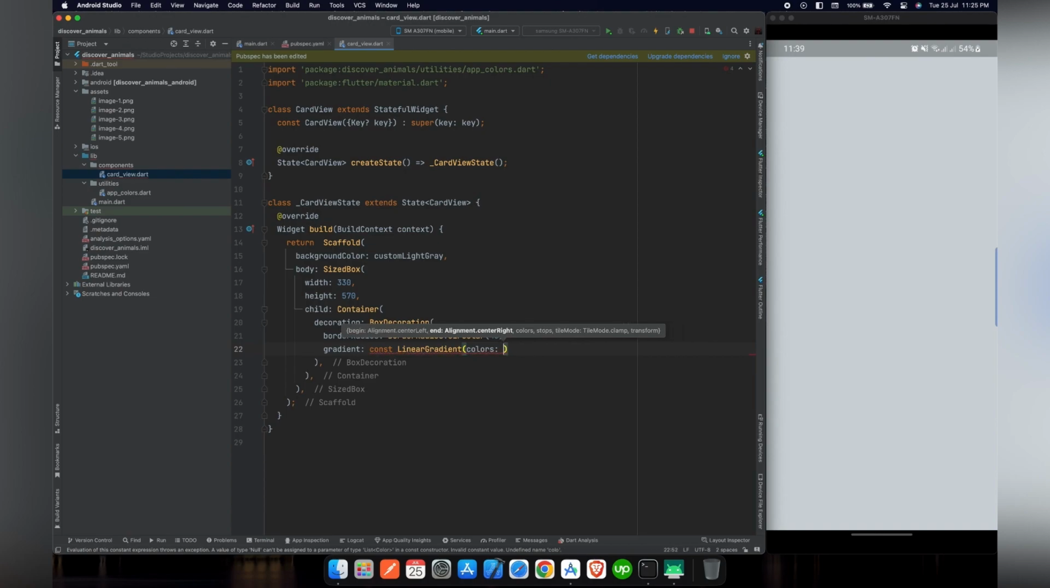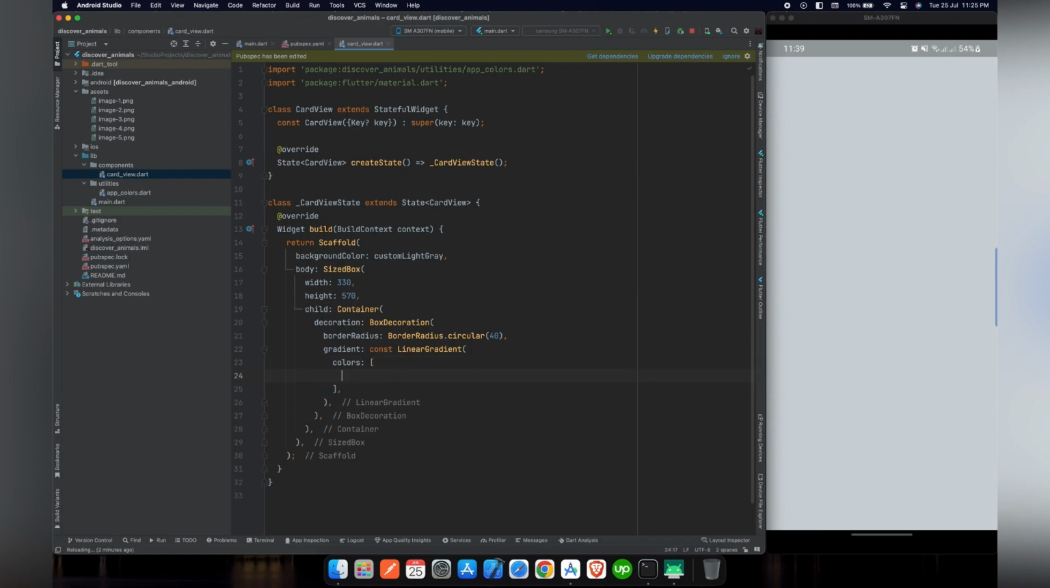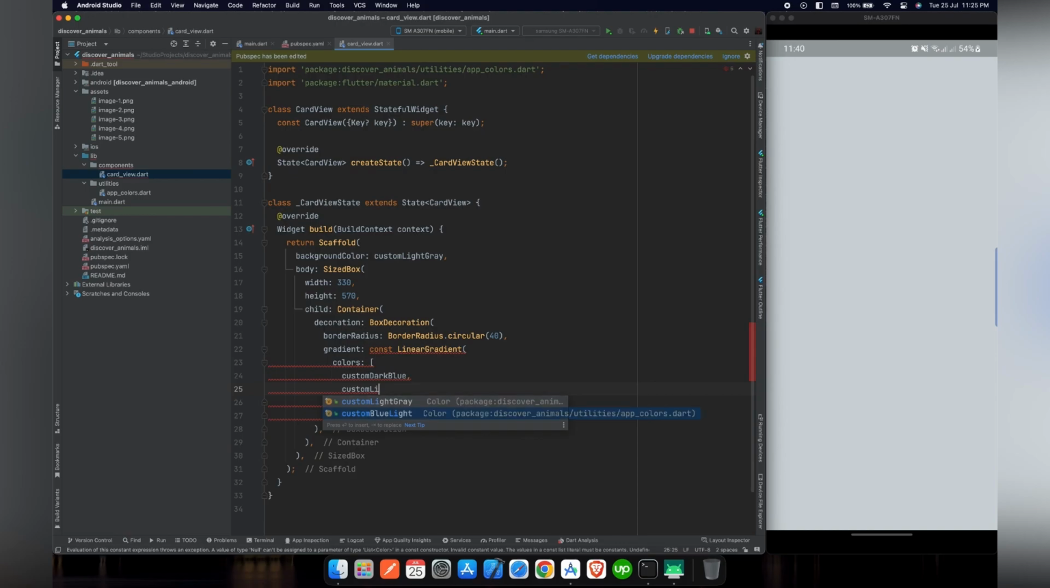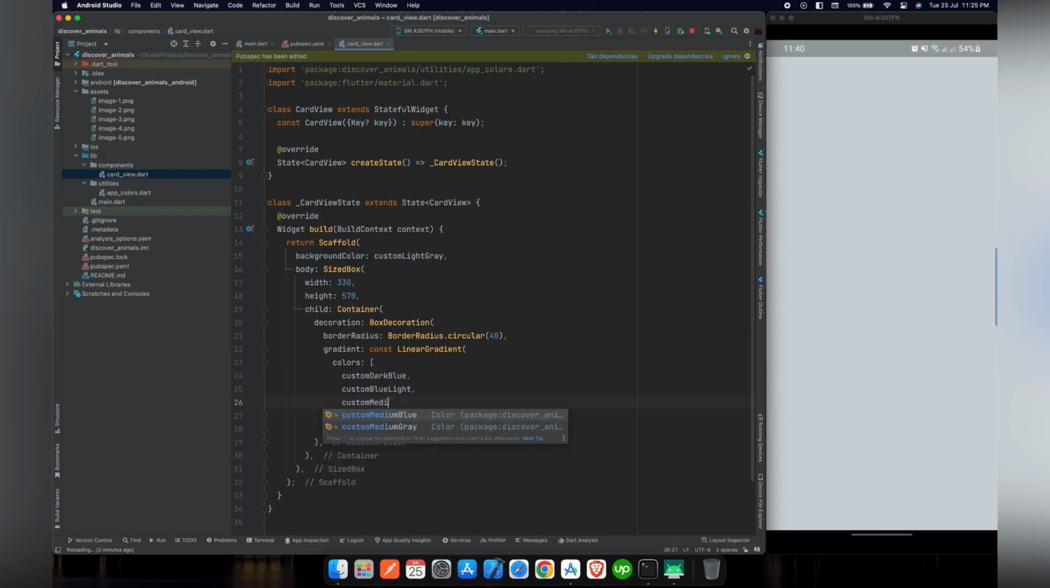In colors we have to pass a set of colors that we want to use. We can use a single color, but it doesn't make any effect if we use a single color. So in gradients we have to use more than one color so it can appear on the screen. In our case we will use three different colors. We will use custom dark blue, custom blue light, and custom medium blue color. So it looks more elegant and we can see a more progressive transition between two or more colors along a